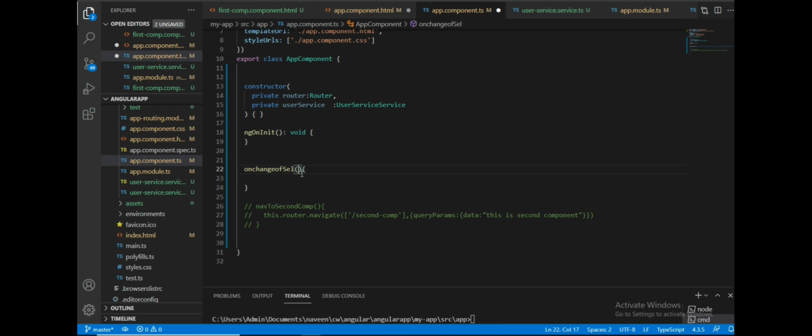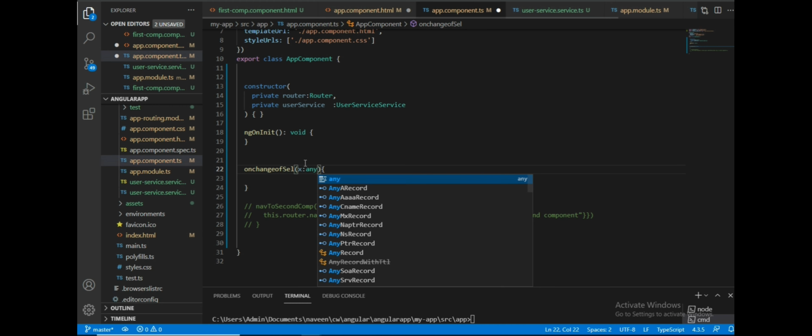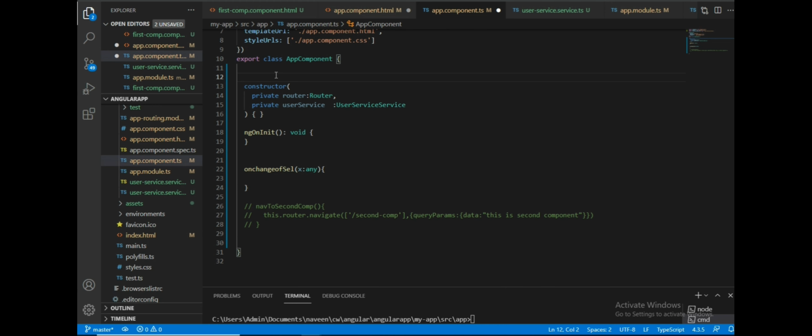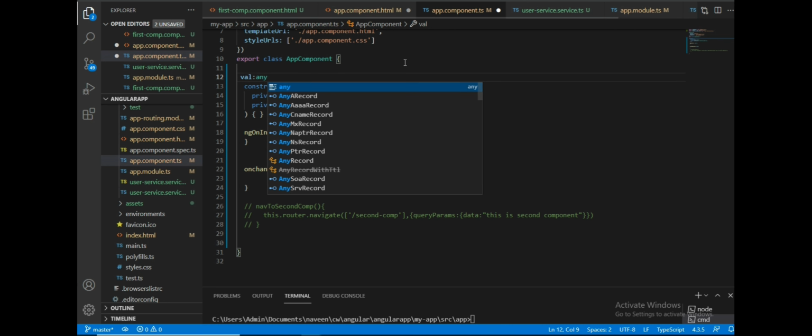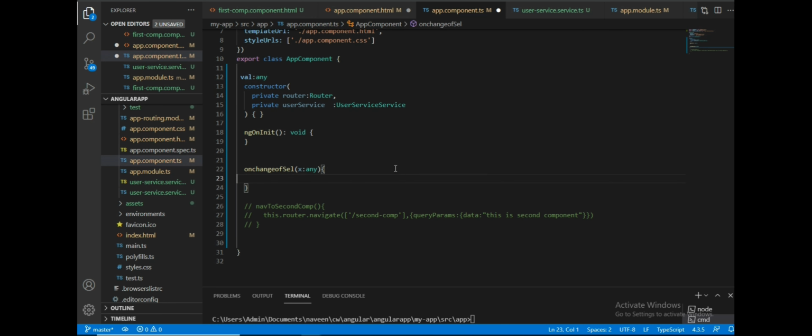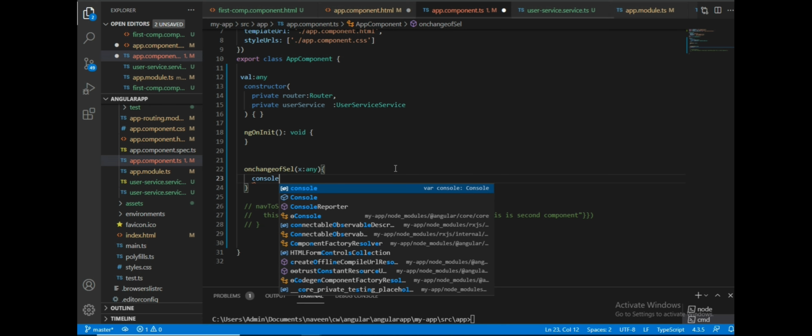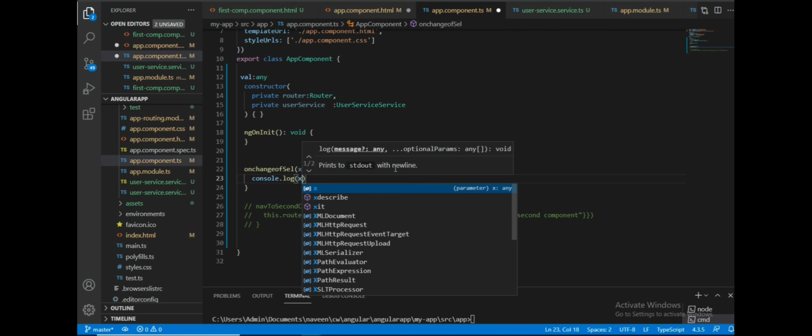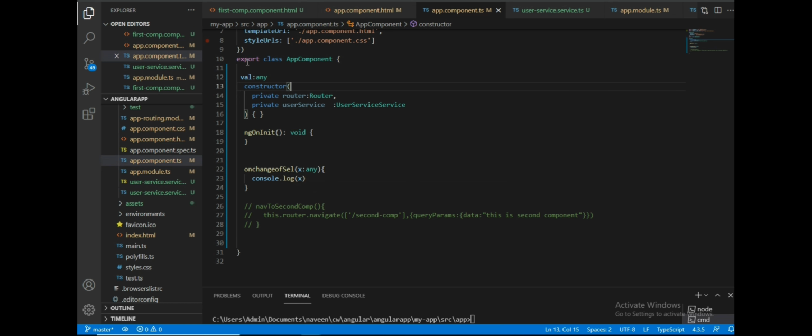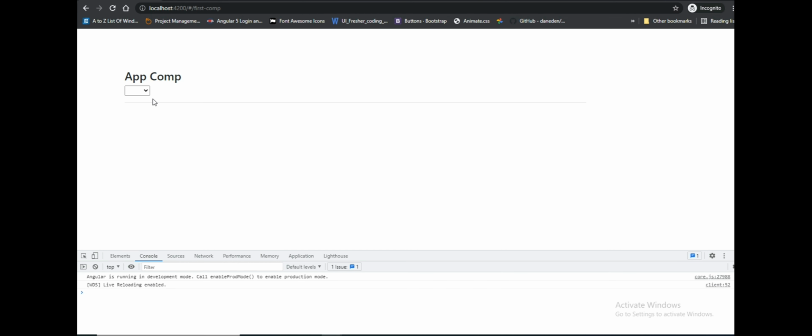So here I will give val of type any, ngVal of type any, and console.log. First we will check whether it is working or not. Okay, 1, 2. Here in the console debug menu we are getting the values, right?